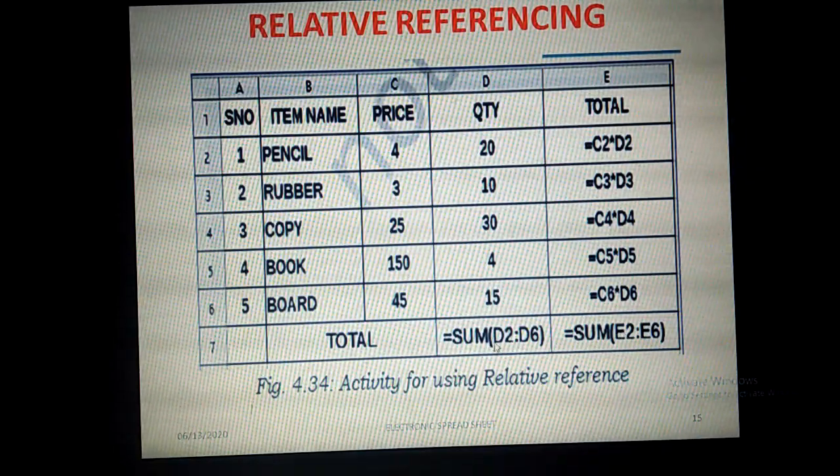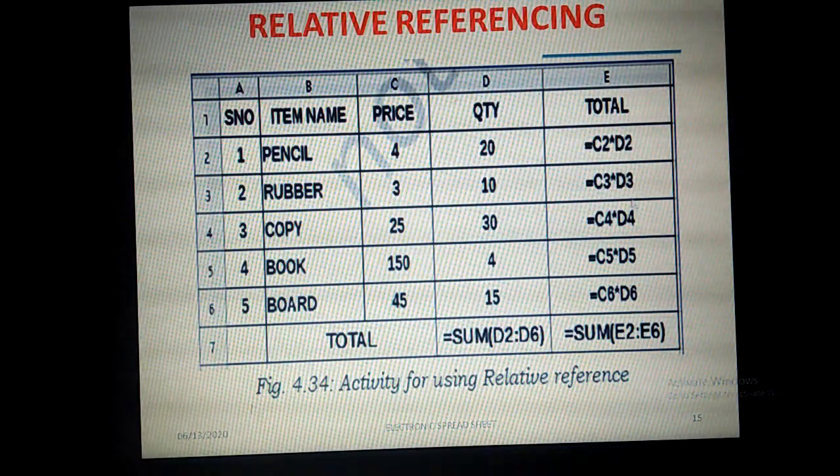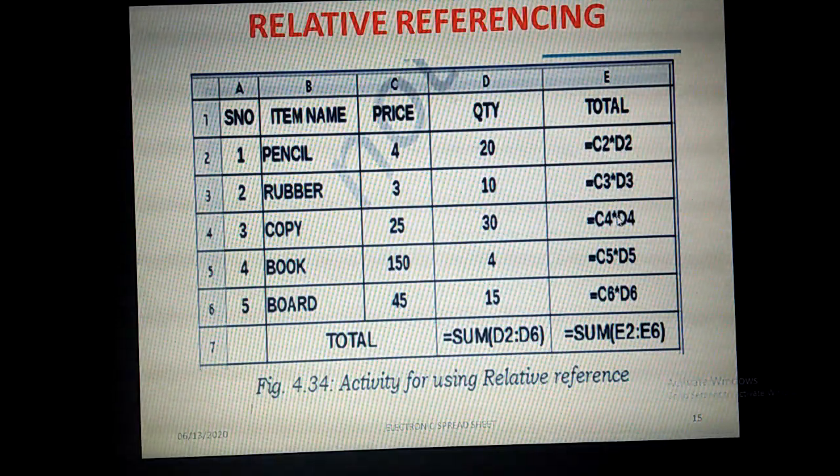So from D to E it is changed, 2 and 6 are not changed. When we are copying the formula or functions in a horizontal way, column letters are going to be changed, but in a vertical way, row numbers are going to be added by 1. So from 2 to 3, 3 to 4, 4 to 5, 5 to 6, like that it is changed.